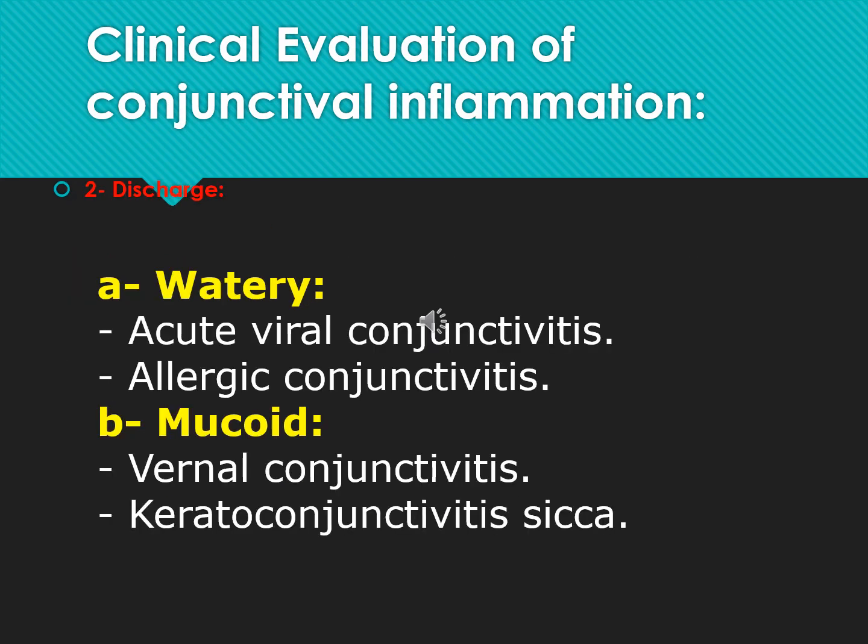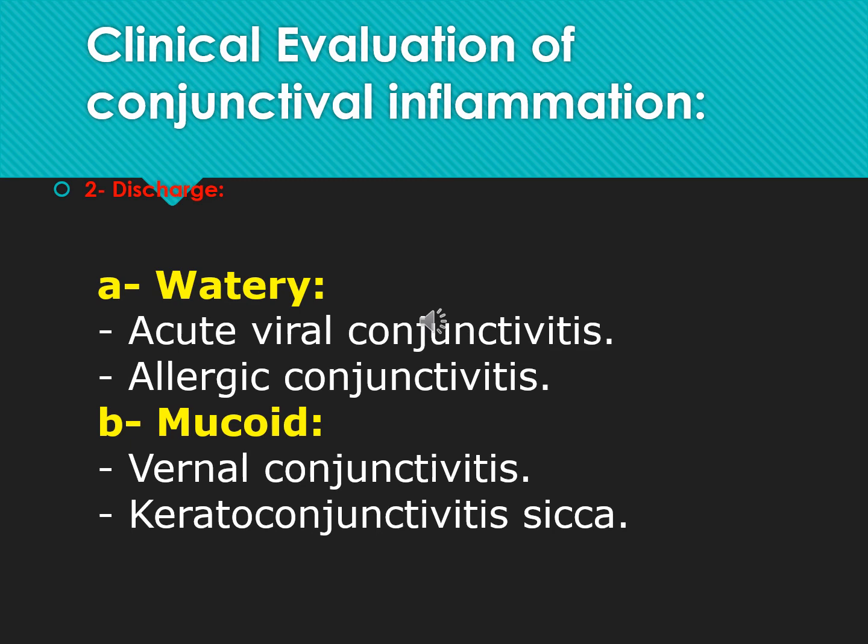Now, types of conjunctival discharge. We have 4 types of conjunctival discharge. It can be watery. The watery discharge is serous exudate and tears and occurs in acute viral and acute allergic conjunctivitis. It can be mucoid discharge. This thick mucoid discharge occurs in chronic allergy, for example, vernal conjunctivitis and in severe dry